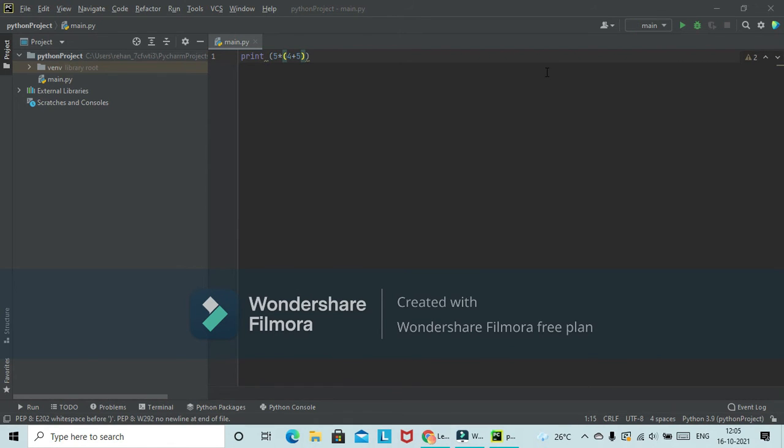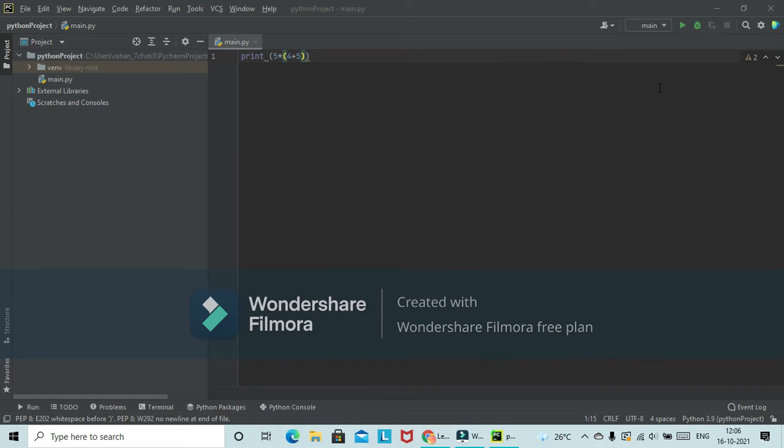But let's say we wanted to change the order. To do that, I could put parentheses around 4 and 5, as you can see on my screen. Now it will add 4 and 5 first, so we will get 9. Then it will multiply 3 with it, so we will get 45.